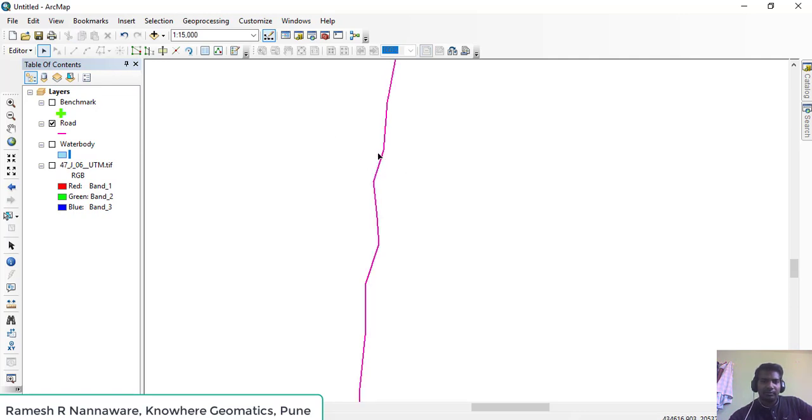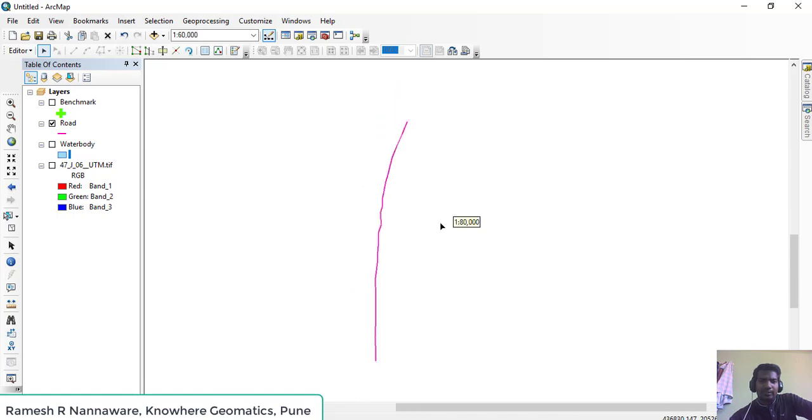I will first select that particular line and take the split tool. I will click wherever I want to split that line into two parts. Suppose I want to split it from here. I click, and immediately two segments have been separated. Earlier it was a single line, now it has become two segments.